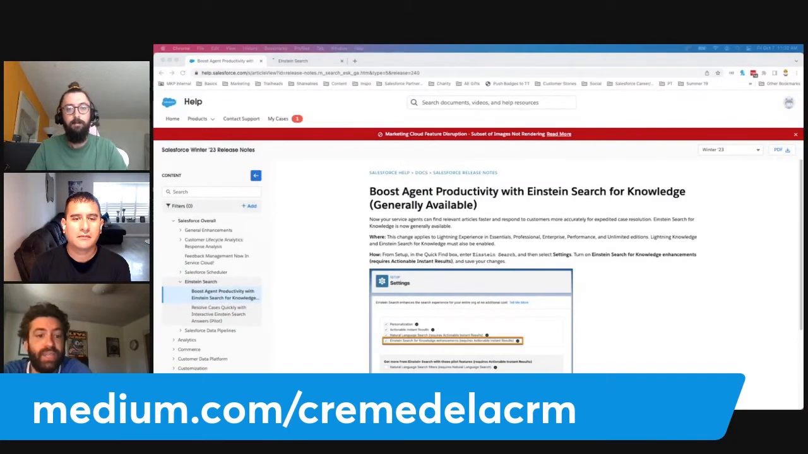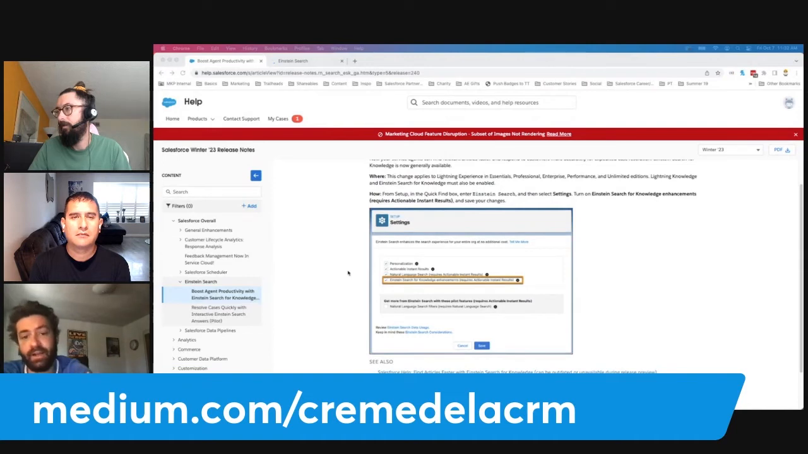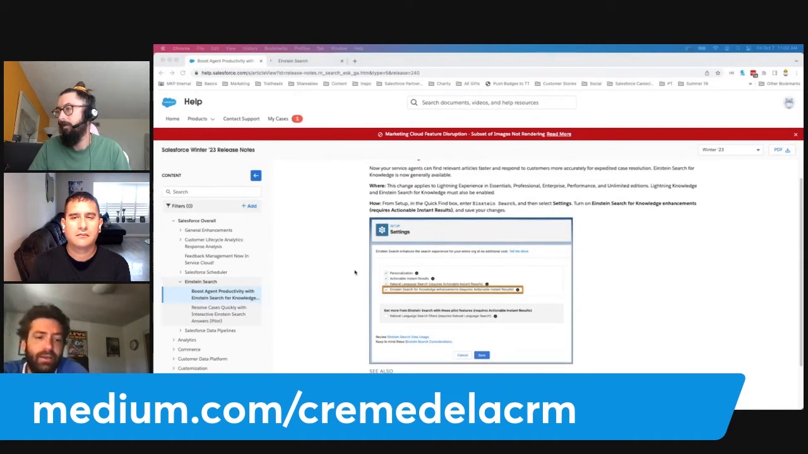But one of the big things that is happening with Einstein is that, from what it seems like, Salesforce is pushing for more customer service related to it. So there's a boost agent productivity with Einstein, Einstein Search for Knowledge. So basically, service agents can find relevant articles faster and respond to customers for expedited case resolutions and whatnot,